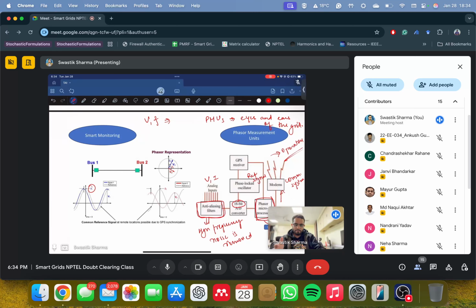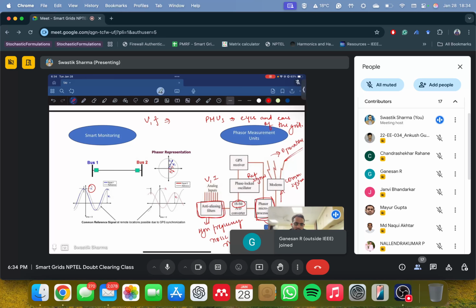At IIT Kanpur also, we have developed PMUs for distribution systems. They are called micro PMUs. We have developed that, and it's patented as well. I don't work on it, my fellows work on it. But my answer is, people are employing this for varying purposes, only to monitor the situation in real time, so as to decrease their manpower load. That is the only example I can think of.